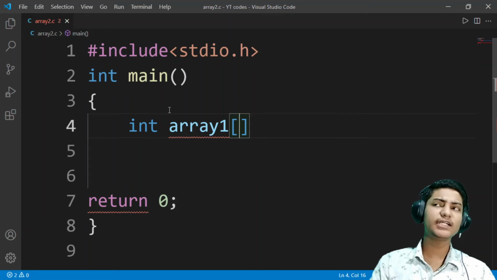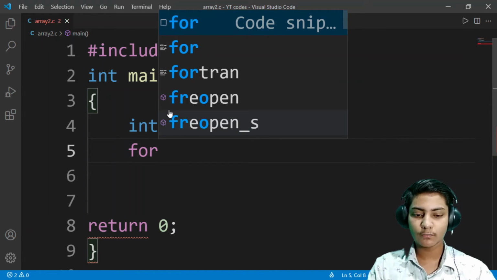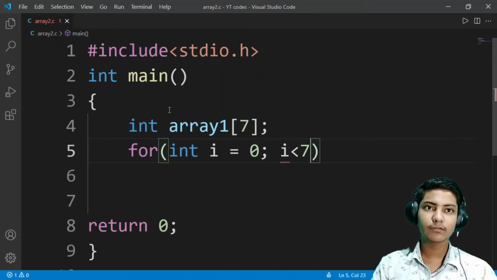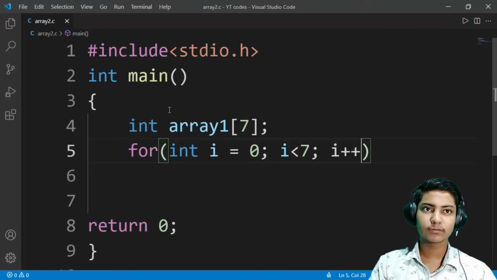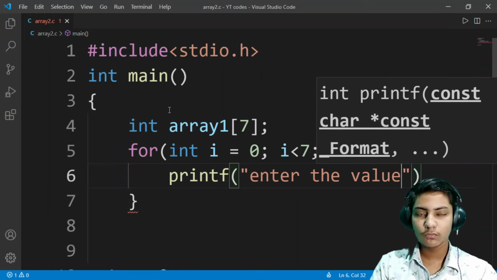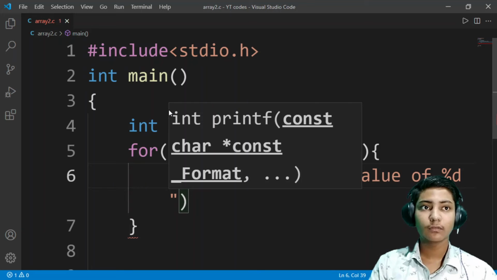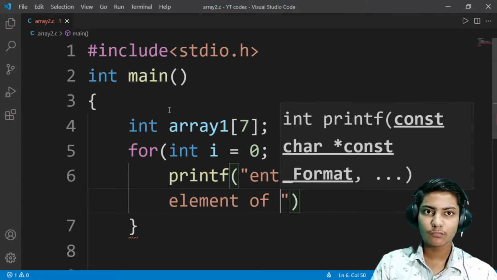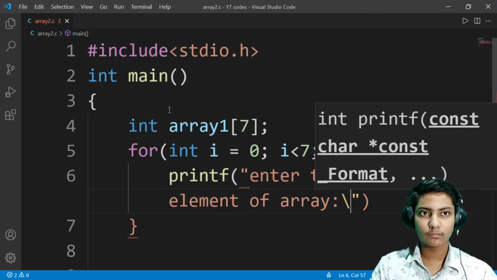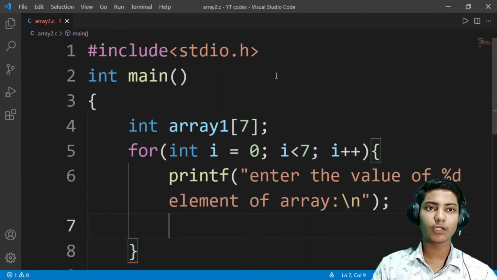I'm giving it length 7, and then using a for loop, for int i equals 0, then i is less than 7, i plus plus, and then inside the loop printf, "Enter the value of %d element of array", and then the new line character, and then here a colon, not semicolon.